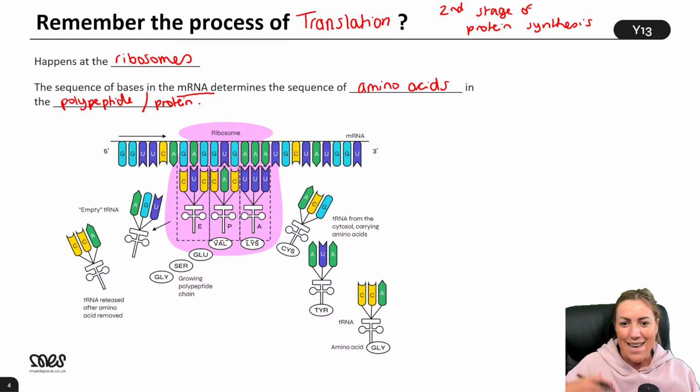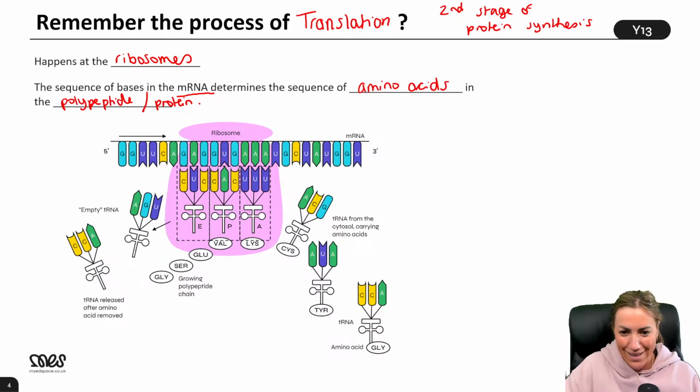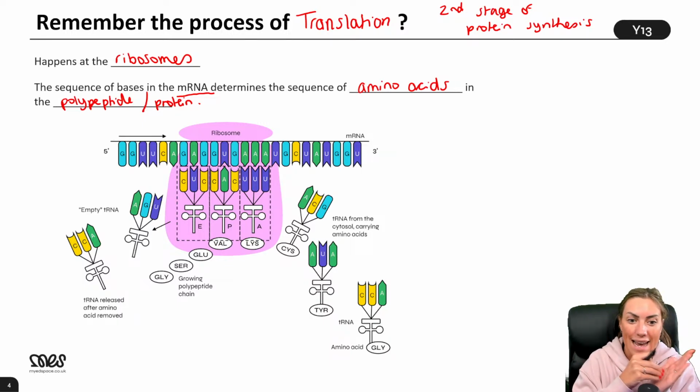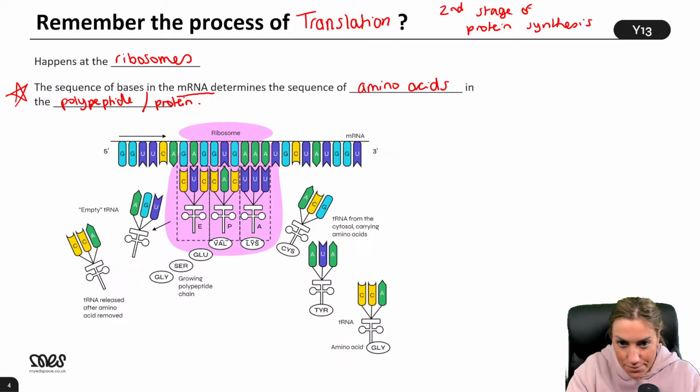So Jay is saying it's something to do with tRNA. Yes. Jasmine is saying, I thought tRNA determined the amino acid because it had the amino acid. You're not wrong that the tRNA is definitely carrying the amino acid and they are carrying specific amino acids, but the binding of the tRNA is determined by what's on the mRNA, right? So this is the kind of key phrase that we use. The sequence of bases on the mRNA determines the sequence of amino acids.